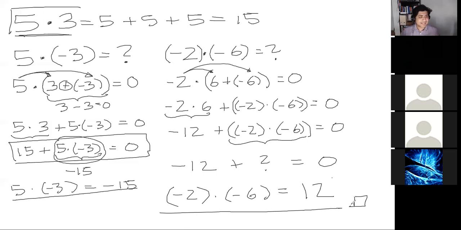So did it magically just make sense to you now? Why a negative number times a negative number is a positive number? If it did, I want to hear it. Not quite. Yes, I can see how. Exactly right, Tom. So this is exactly why I wanted to do it this way, because